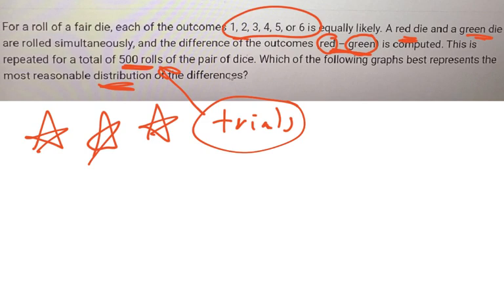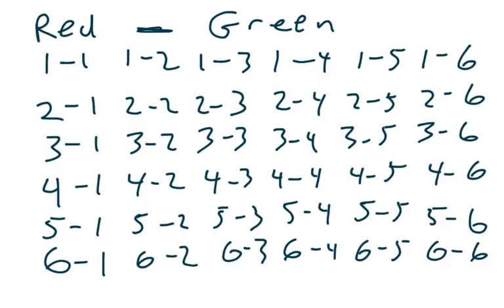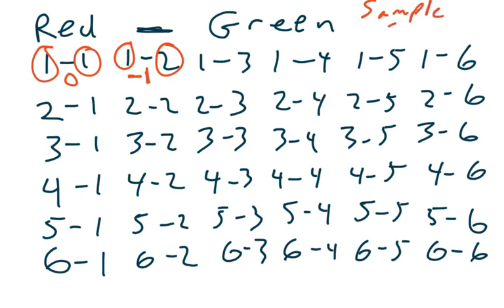Well, what's the strategy here, guys, is you have to write and lay it out. And what I mean is this. I could have rolled a 1 and then a 1, red and green, right? Well, notice 1 minus 1 is 0. I also could have rolled a 1 and then the green was a 2. That means 1 minus 2 is negative 1. See how I basically have all 36 possible outcomes. This also may be referred to as the sample space of our results.